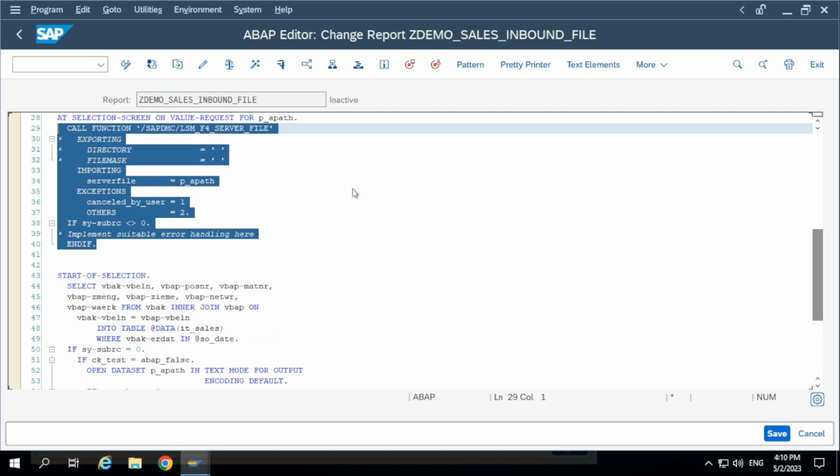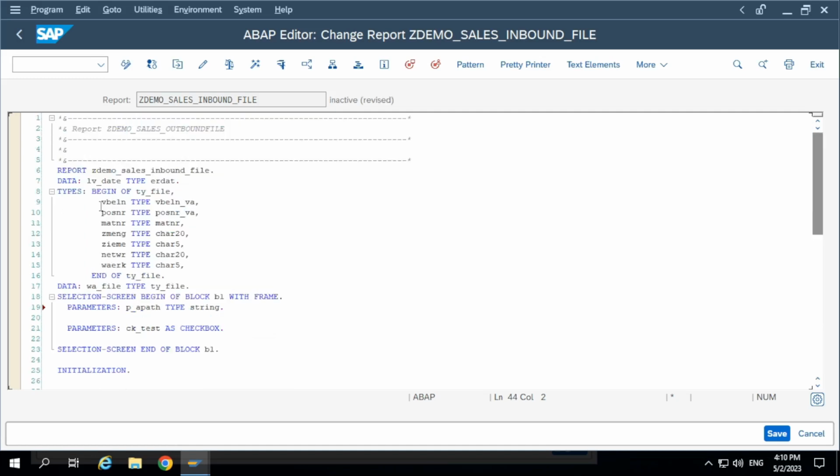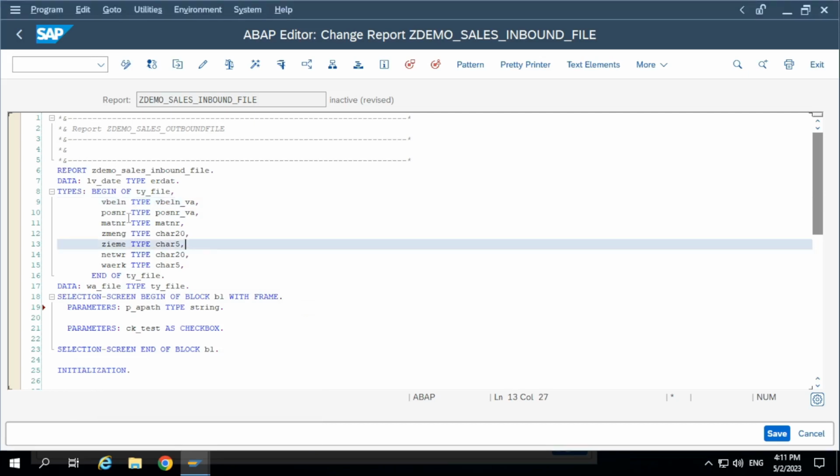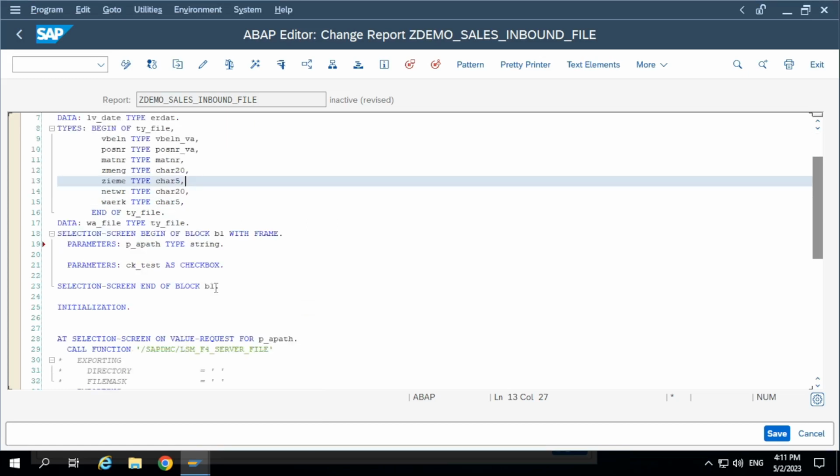And we need one structure same as the AL11 file. We need to define one file structure same as the AL11 file that is already available. We created it for the previous program. We are going to use the same. But here we need one internal table to collect the records. Internal table is ready. Now this is as it is. Now tell me the syntax